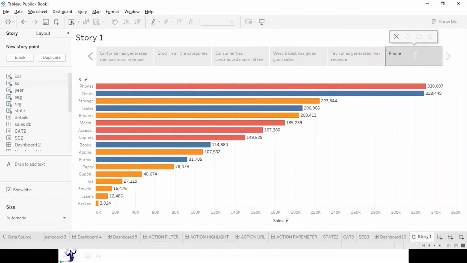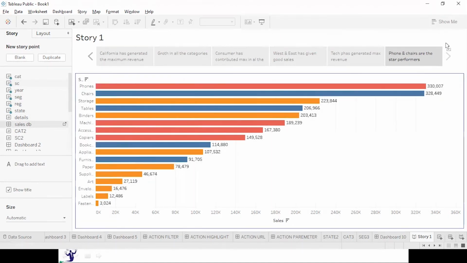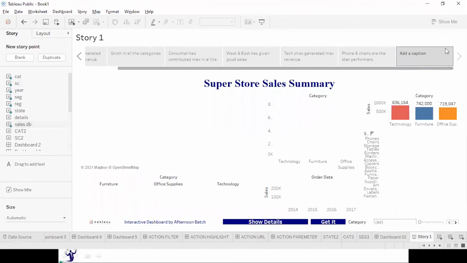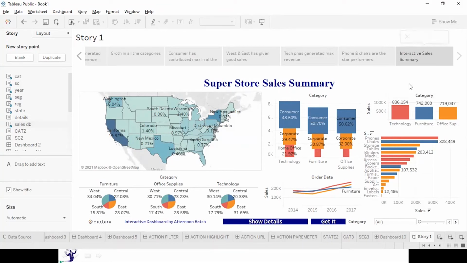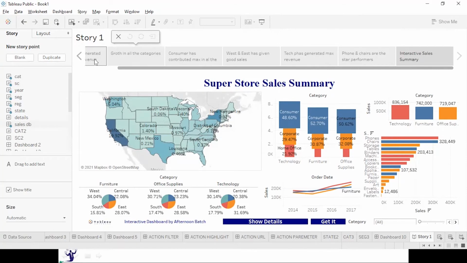Phones and chairs are the top performers. Then let me take the sales dashboard over here. I would like to say interactive summary. Here it goes. Your story is ready.